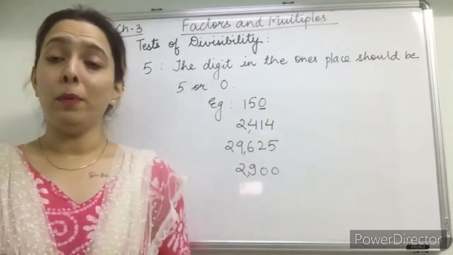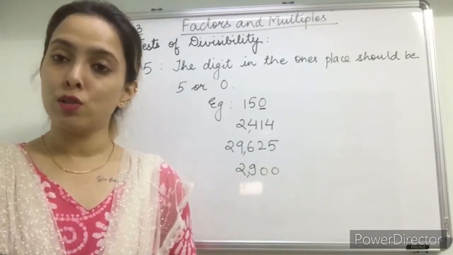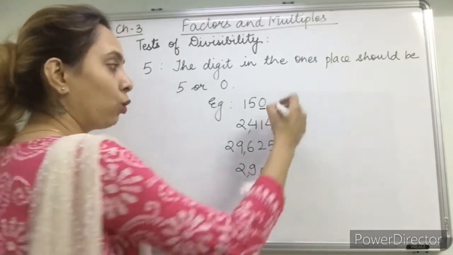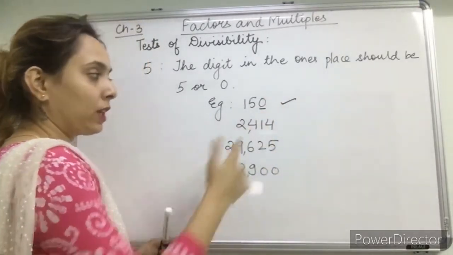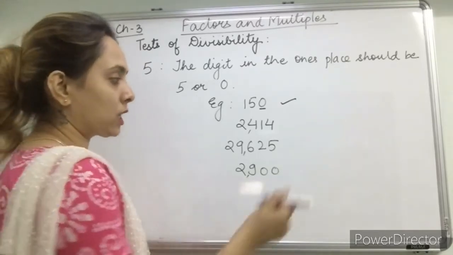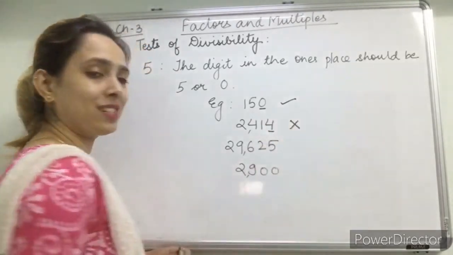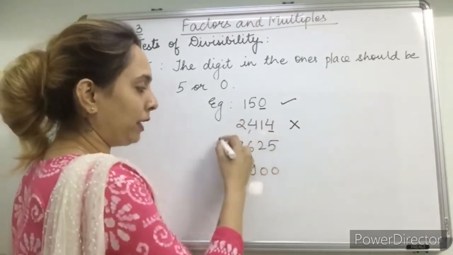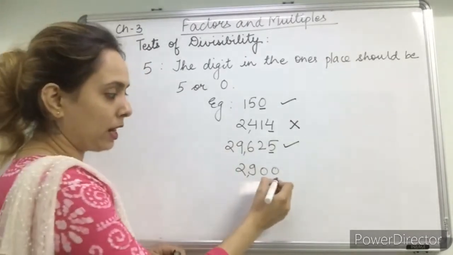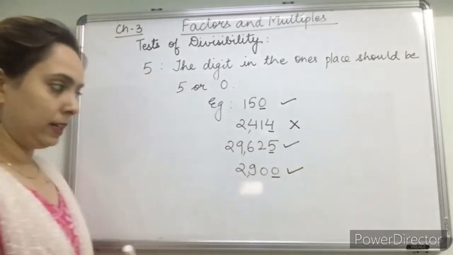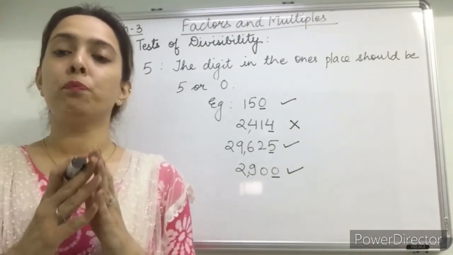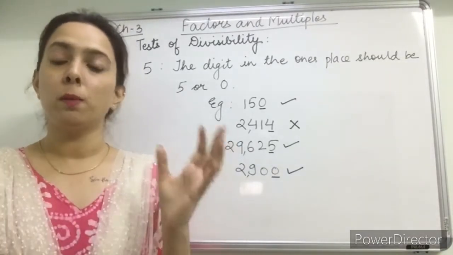This number is divisible by 2 also, and this number is divisible by 5. So yes, it is, the number ends with 0, so yes, it is divisible by 5. Next, 4, it is not divisible by 5. This complete number is divisible by 5, yes, because it ends with 5. Last, again 0, yes.